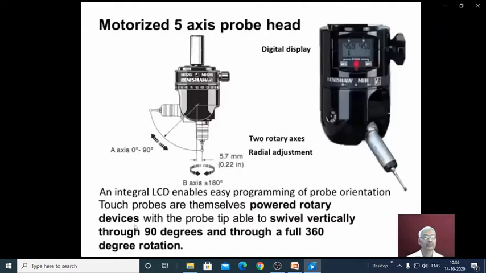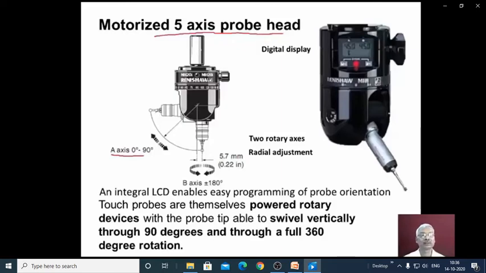Now you can observe a motorized 5-axis probe head here. This is the probe head, and appropriate styluses can be inserted into the probe head. We can observe here that apart from XYZ motion given by the CMM structure, these motorized probe heads have their own A-axis movement as well as B-axis movement.